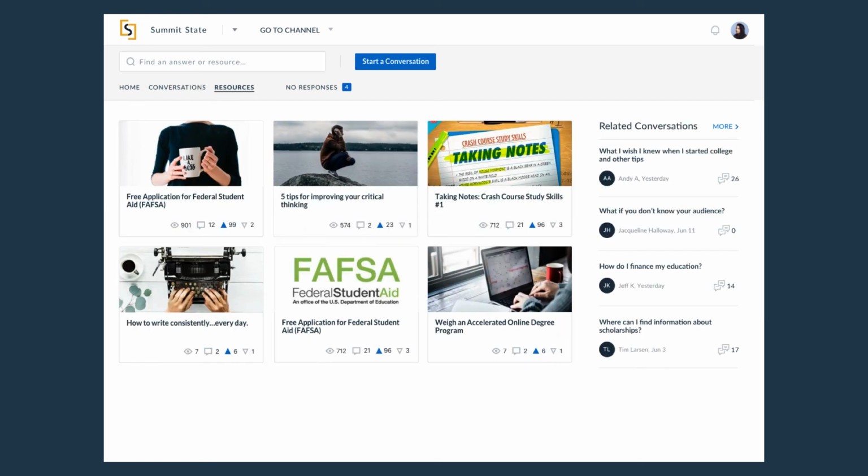The Inscribe Q&A area is further supported by the resources or knowledge bank area. Unlike the open nature of Q&A, the resource area is generally reserved just for the community moderators and is oftentimes a more curated set of supplemental content, support videos, or more detailed articles that the students find useful.